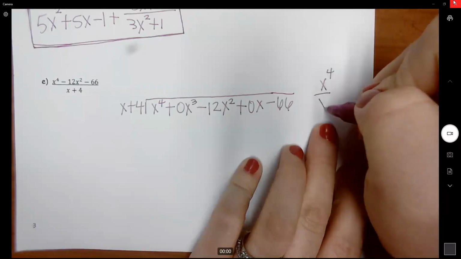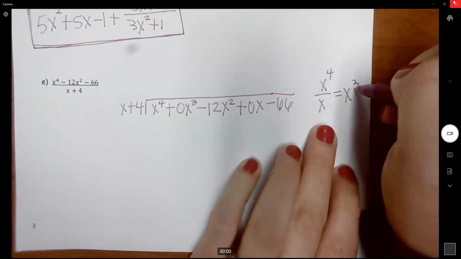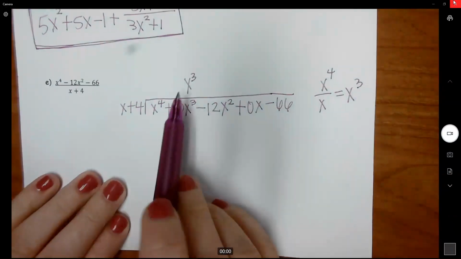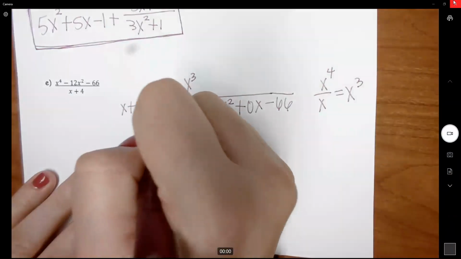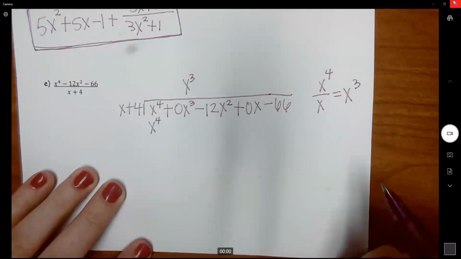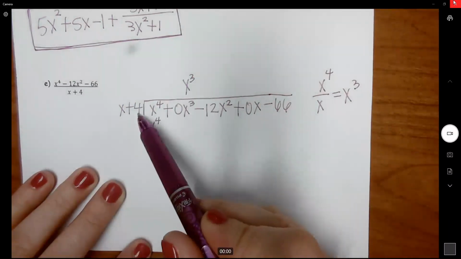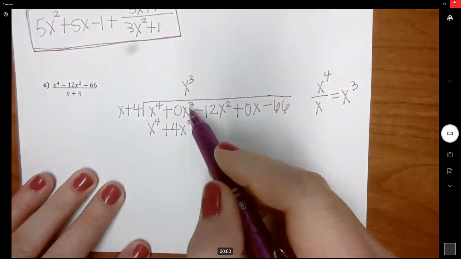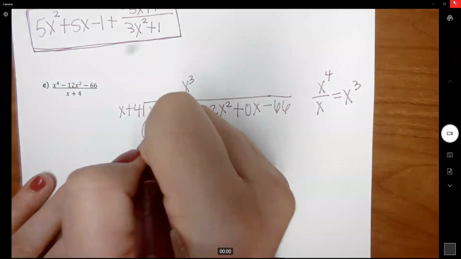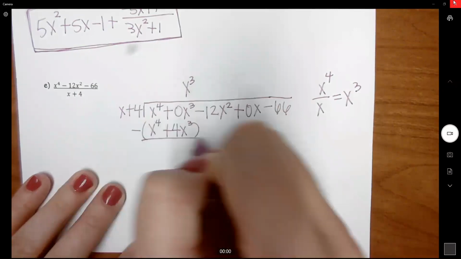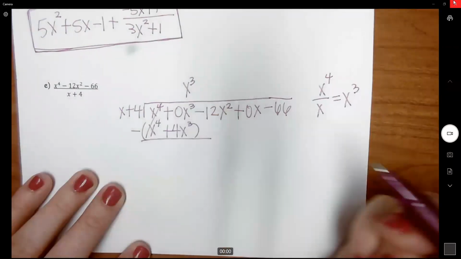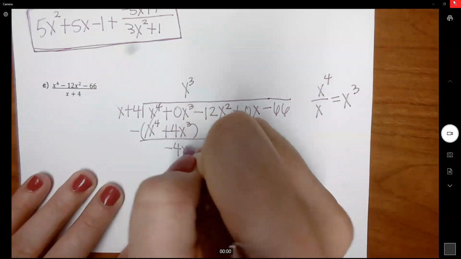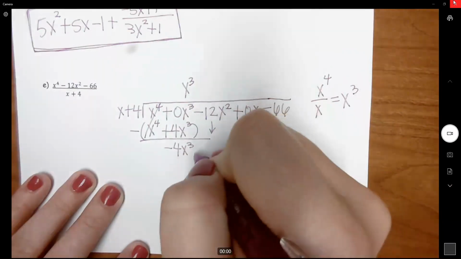X to the 4th divided by x is x cubed. I'm going to put that above my cube and then distribute it back. X cubed times x is x to the 4th, which goes under my x to the 4th. And x cubed times 4 is plus 4x cubed, which is under its like term as well. We're going to subtract the entire thing, which is going to let those cancel. And 0 minus 4 gives me a negative 4x cubed. Bring down our next term